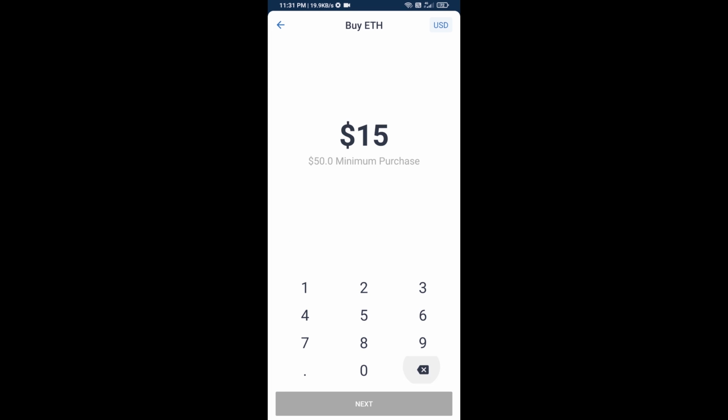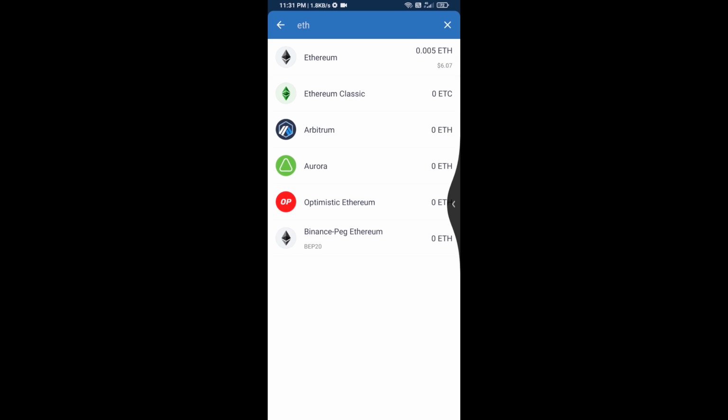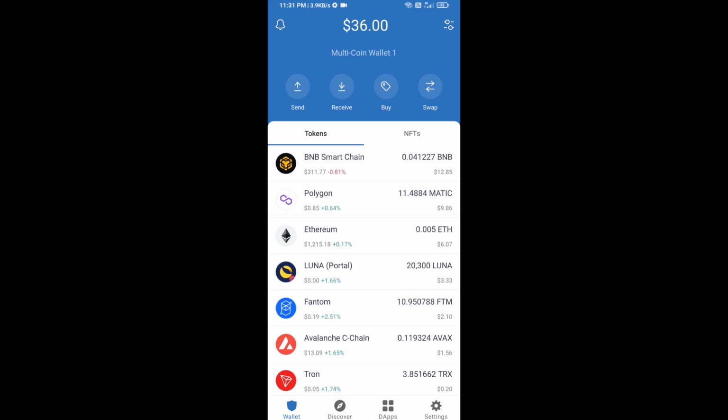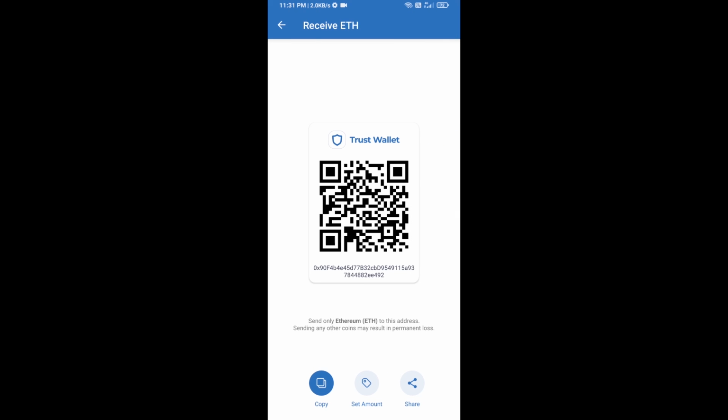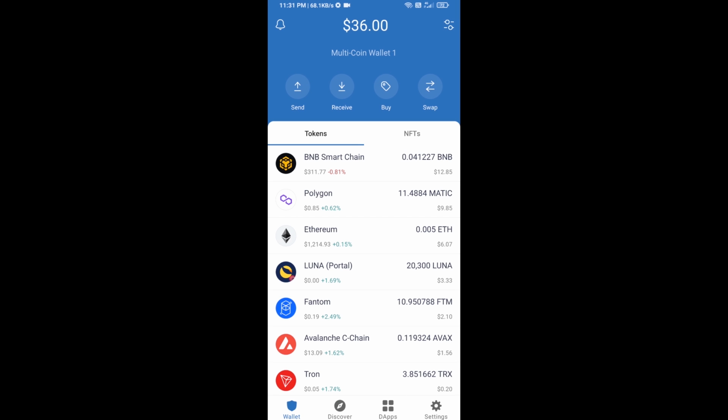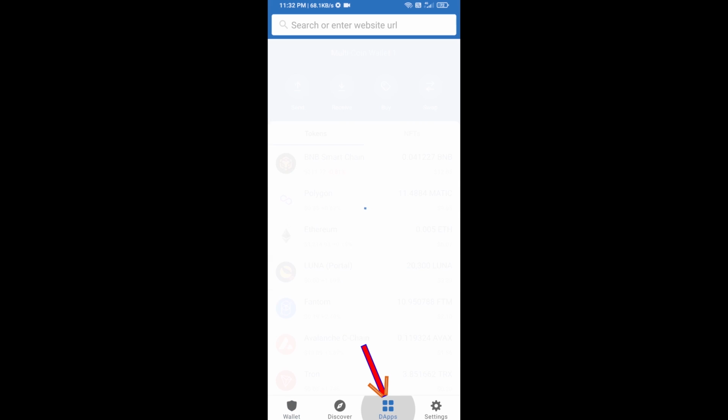Now here you can buy a minimum of $50 ETH using Binance Connect, or you can receive ETH using a contract address. Click on Ethereum, then click on receive. Here you can receive ETH using a contract address and QR code. After receiving ETH, you will click on dApps